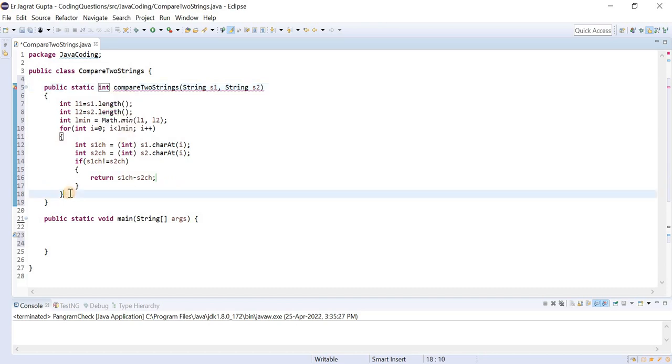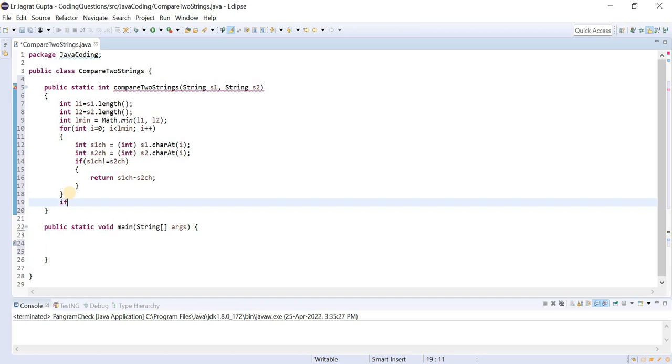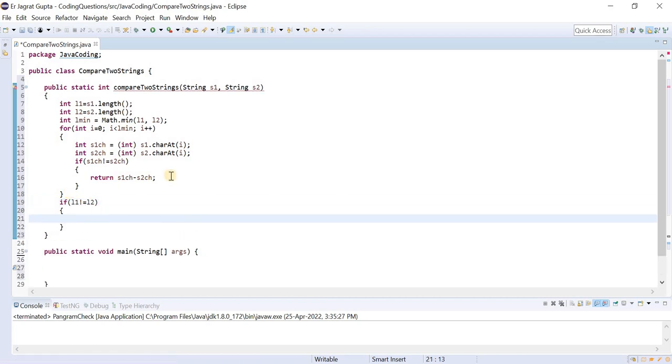Now we can apply one more condition: if L1 is not equal to L2, so if lengths are not equal, then again the same thing, we return L1 minus L2.